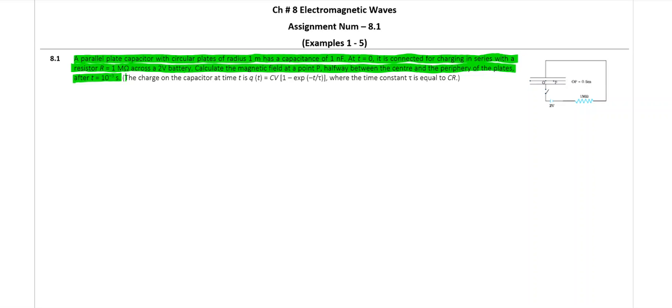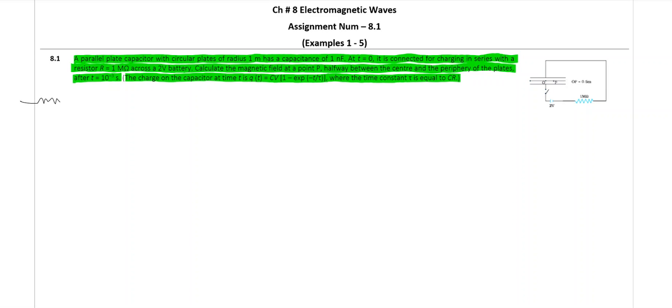We are given one more equation, which says that the charge on the capacitor at time t can be given as q of t is equal to C into V multiplied by 1 minus e raised to minus t by tau, where the time constant tau is equal to C into R. For any capacitor, when it is being charged, normally a resistor is kept in order to control current, and the condition here is that